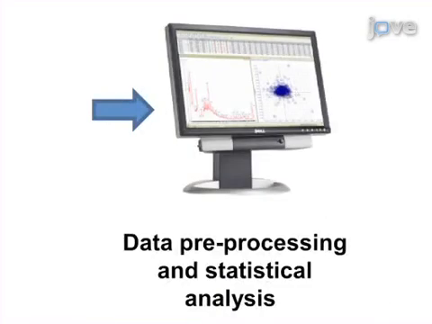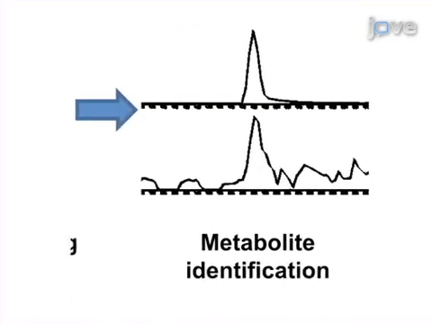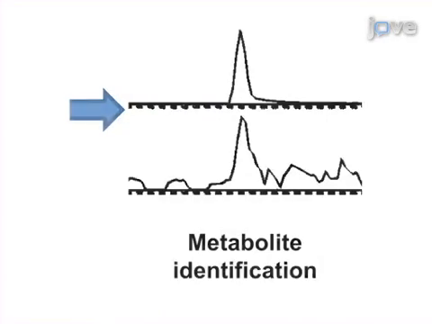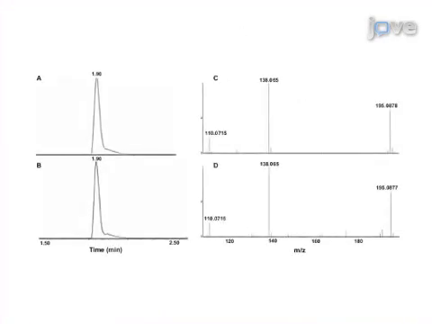Proceed to data pre-processing, statistical analysis, and metabolite identification. The results of non-targeted metabolite profiling by UPLC-MS can be utilized to identify small molecule biomarkers in serum. The protocol is presented here for the analysis of serum. However, it can easily be extended to the analysis of other biological fluids such as urine, tissue, and cell culture